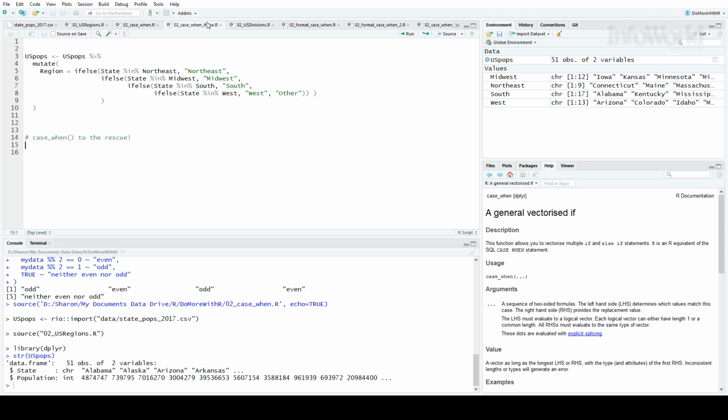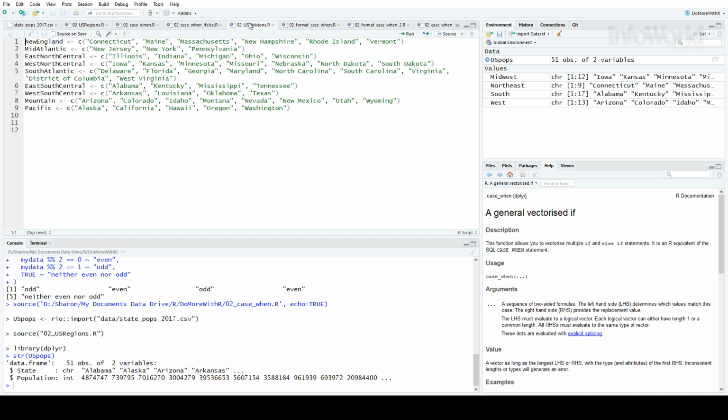This does work if you've only got a few alternatives, but I find that format difficult to read with more than a couple of options. And it's easy for me to make mistakes with closing parentheses or commas in the wrong place. And by easy to make mistakes, I mean I've got a lot of experience with that. And what if I want to assign states by division instead of region? These are the U.S. Census Bureau divisions. That would be 9 levels of nested if-elses. dplyr's case_when has an easier format.